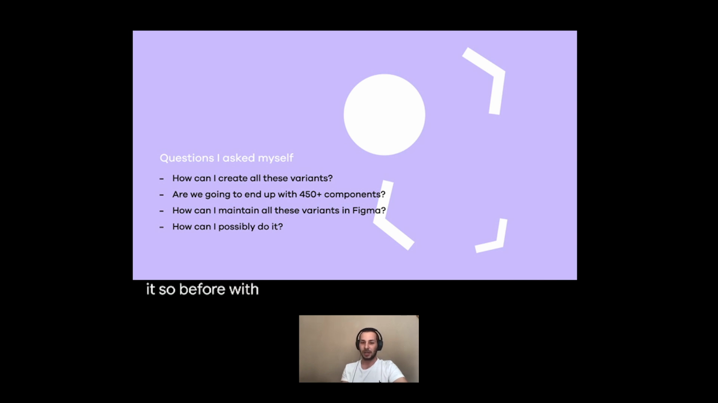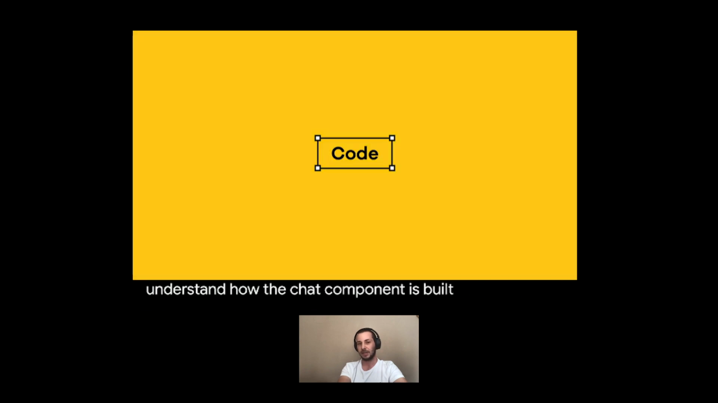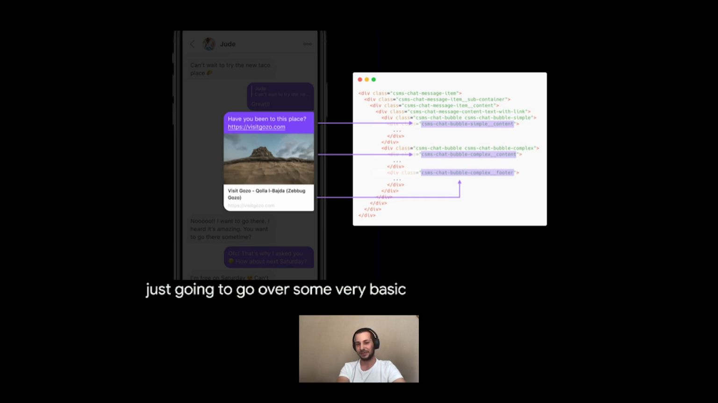So before we dig into how components are built in Figma and how we manage to sync them with code, one needs to understand how the chat component is built in code. So let me show you some code. Don't worry, designers, I'm not going to show you how to code. I'm just going to go over some very basic stuff here. As you can see here, this particular chat message, which we refer to as text with link, is built using three basic components. On the right, you can see the reference to the code, and on the left, you can